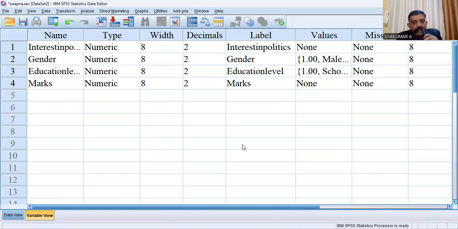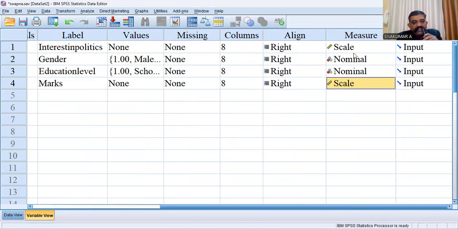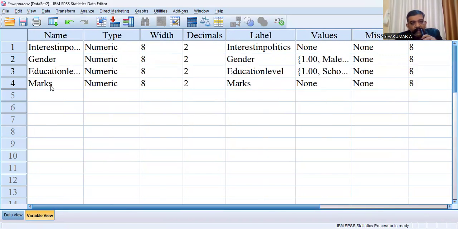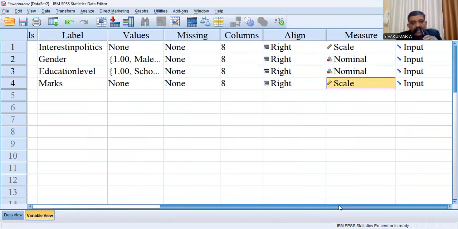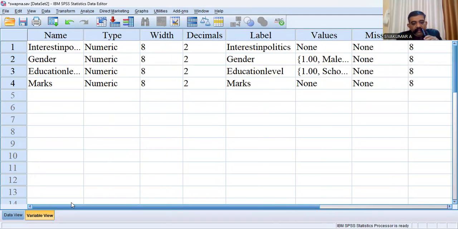You can see Indo-Austrian politics is our independent variable, and Marks is the dependent variable. You can see here the relevant measure scale. First condition, the dependent variable should be continuous.